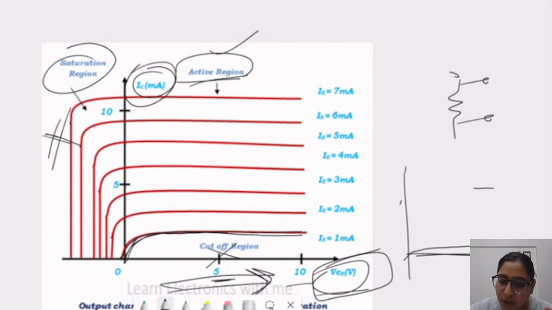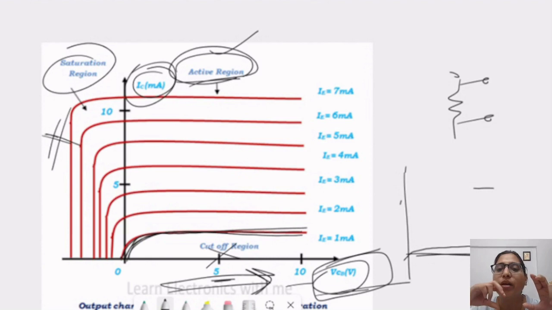In the cutoff region, the transistor has not started yet. But in the active region, whatever the VCC, the reverse voltage is, if we increase it in a particular manner, very little or no change happens in IC, the output current. Okay, so the output current is a function of the emitter current IE and the base current, which is nothing but the leakage current we consider here. So the output current is always a function of the emitter current and the base current or leakage current.